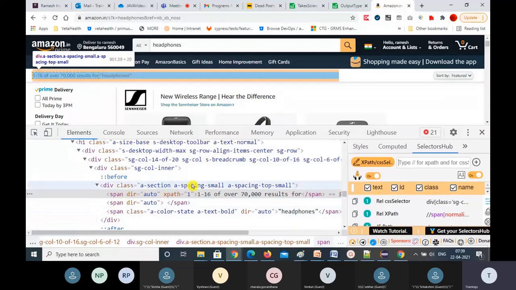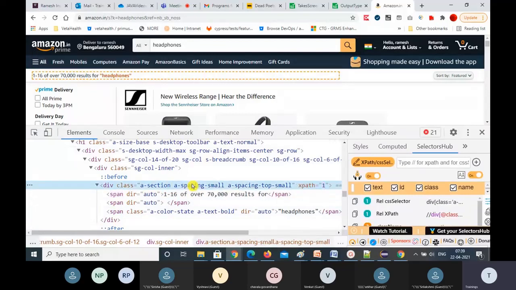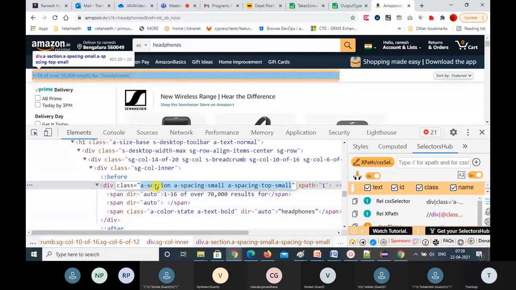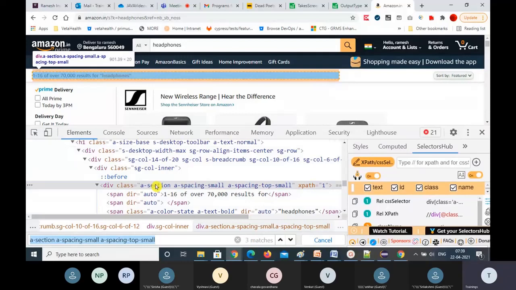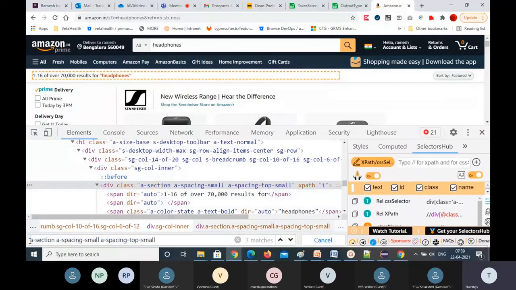So I'll write, I'll take this one only. I don't want to go very deep, this value I'll take. Then directly span tag I'll write. Control F. So you can keep as it is this one, double forward slash div square bracket @class equal to class value. Now it is recognizing this span. There are 3 spans there, but you can use span 1. See, now 1 of 1 it is going to represent.